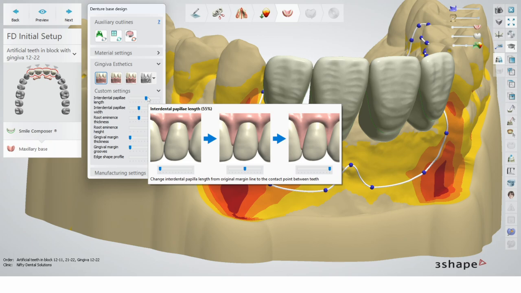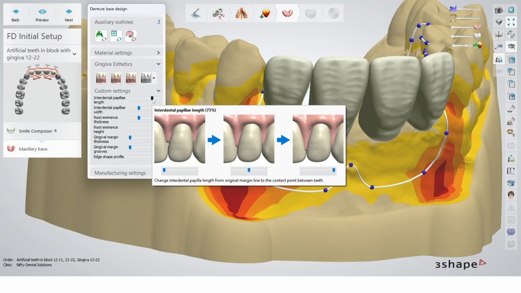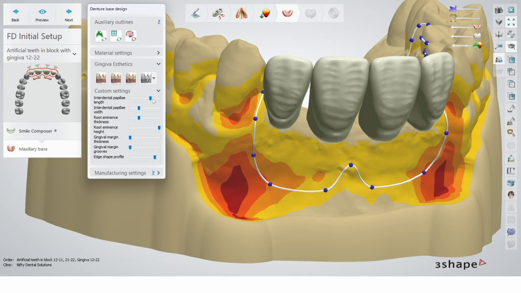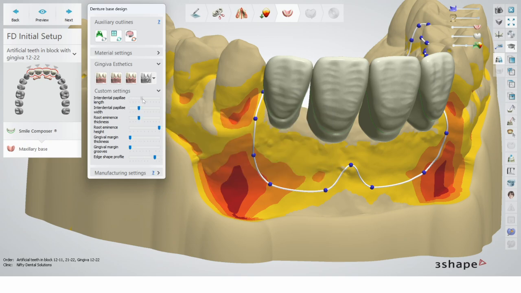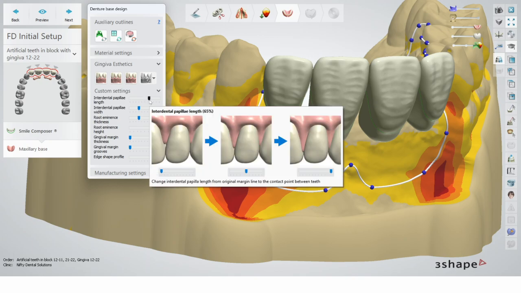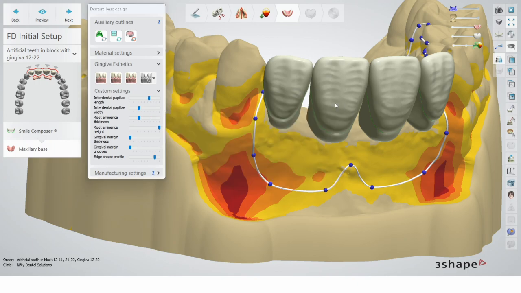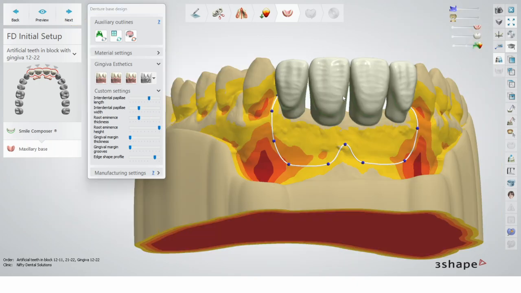And I would recommend making it a bit longer because then you can sculpt it back and make it shorter. But if I select a very short length, then we will not be able to add with our adding tool. So I always, for convenience, go above 50%. 60, 65% sounds good. It also depends on how long the teeth are. If they're very long, there is a big papilla, you might extend a little bit more or not.